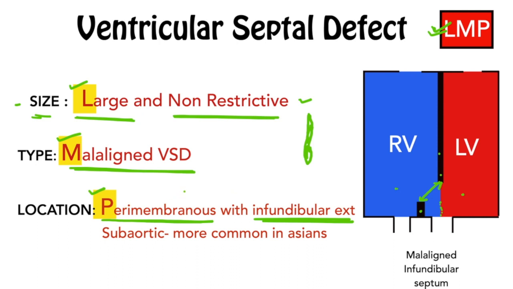So the mnemonic is one thing to be added. In Asians, this is the more common type of VSD. Location of the VSD is subaortic. Let's go through the mnemonic once again. LMP: large, malaligned and perimembranous. The VSD in tetralogy is very large in size. It is a malaligned type of VSD and the location of VSD is perimembranous. LMP. Now let's visit the next two components, right ventricular hypertrophy and right ventricular outflow tract obstruction,